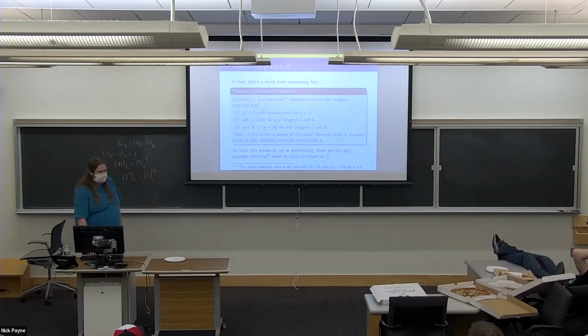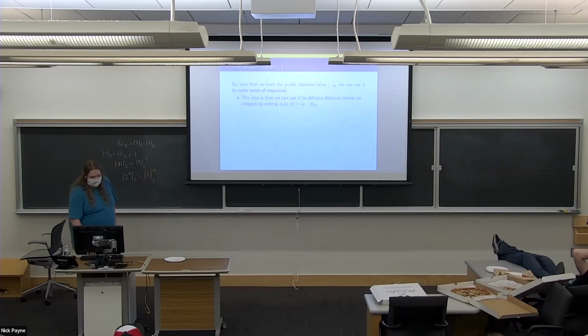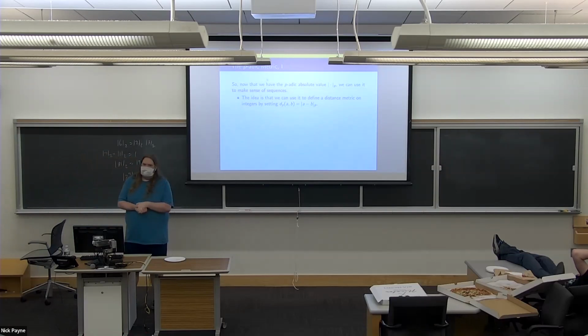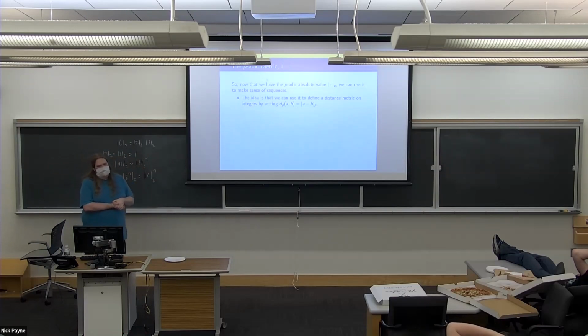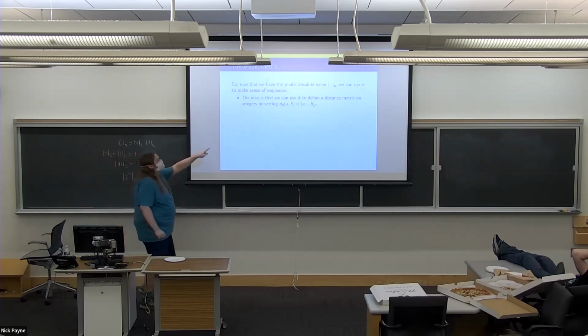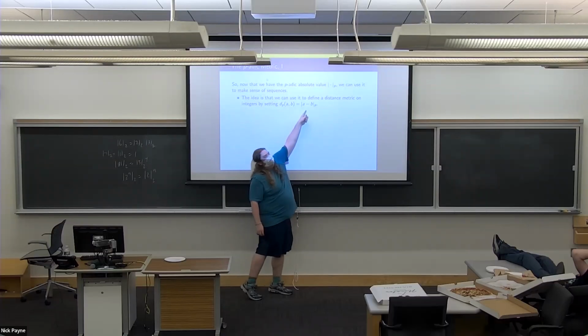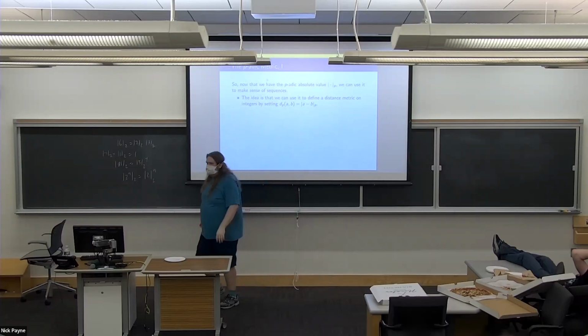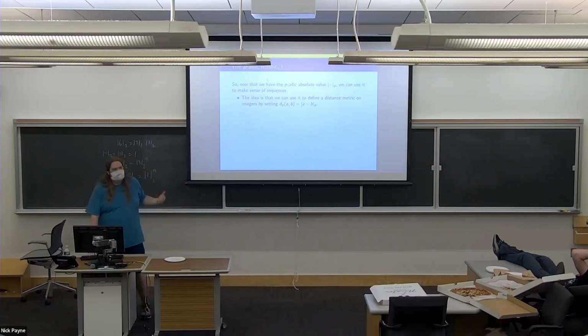All right. Now let's talk about sequences. And now comes the fun analysis and calculus stuff. The idea, now that I have this nice absolute value function, is that I can use it to define a distance between integers, a new distance function, different from the regular distance function. I say the distance between two integers A and B is just the absolute value of the difference, right? That's how you define the distance between real numbers. So we do the same thing here.